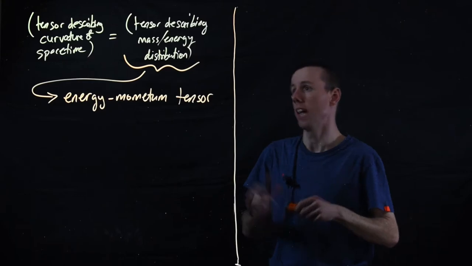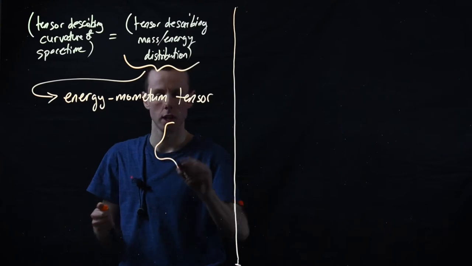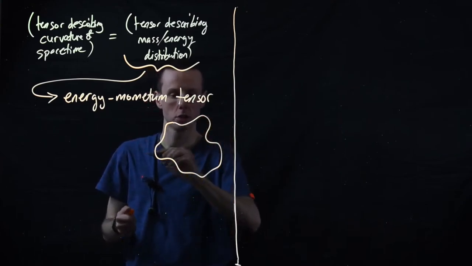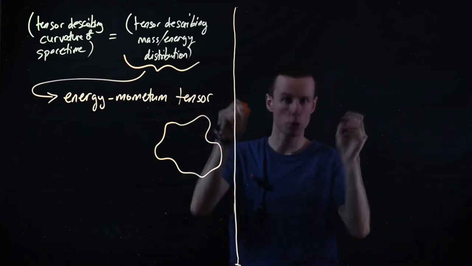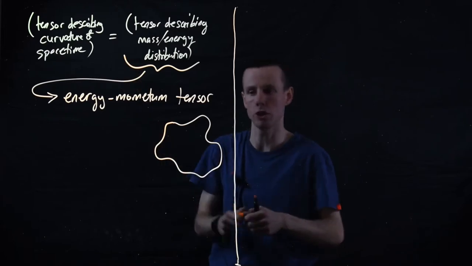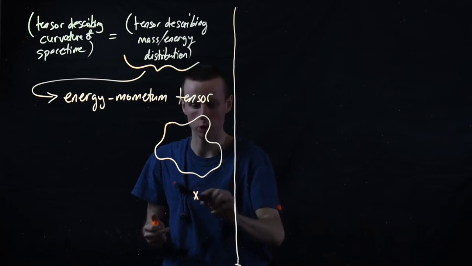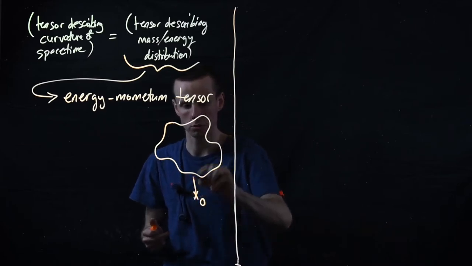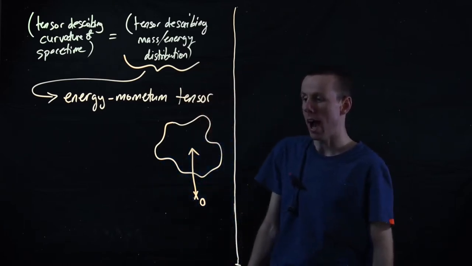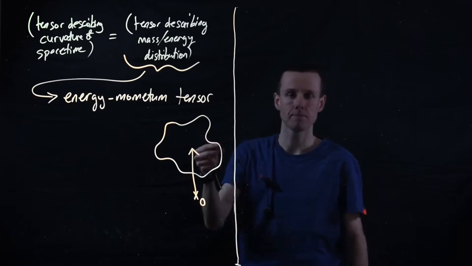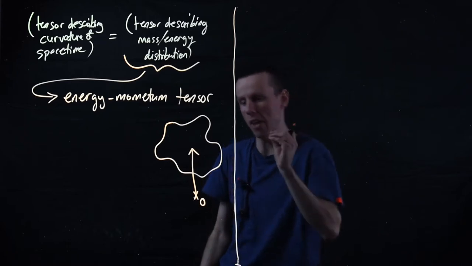So, what is it? It's a tensor, as I say, that describes the mass or energy distribution. So imagine you just have some blob of mass. And this is your mass in space that is generating the so-called gravitational field, that's generating the curvature of the space-time really now. And let's suppose we have an origin somewhere, and let's suppose then that we can just pick some point inside that mass distribution. And at that point, there will be a mass density,